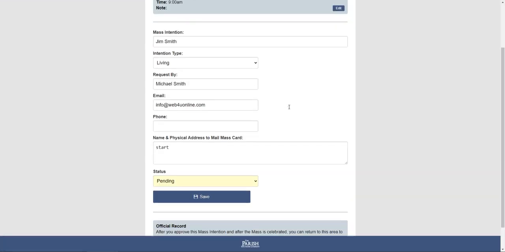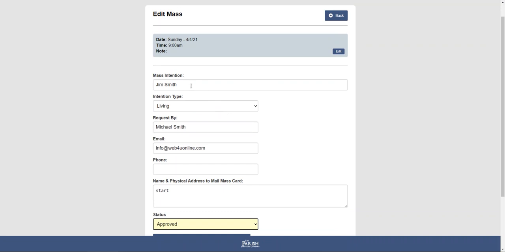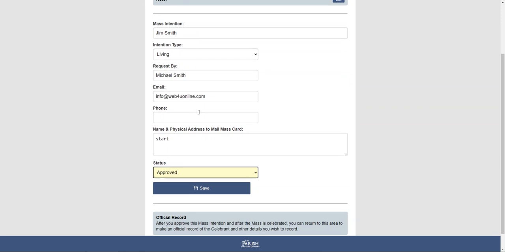So we can click on it and we can approve the status or not approve it. If we don't approve it, it's removed from the system and a very neutral, nice, polite email is sent to the person who made the request, letting them know that it wasn't approved, and that could be for a variety of reasons. Or we can approve it. We can also edit any part of the intention, so if there was a typo or something needs to be made more brief, we can make that change in here.